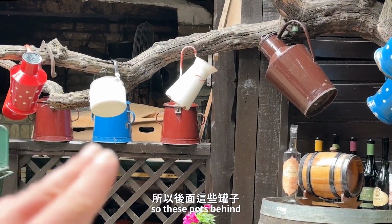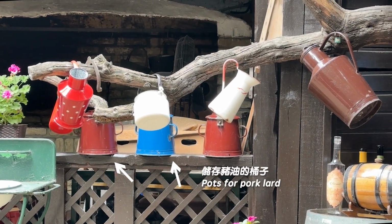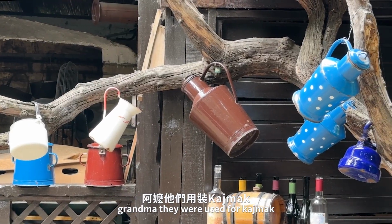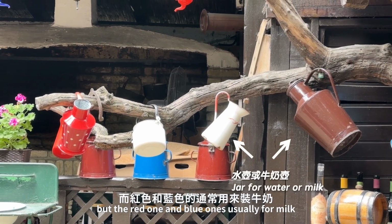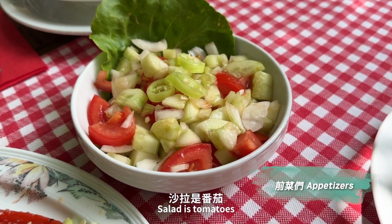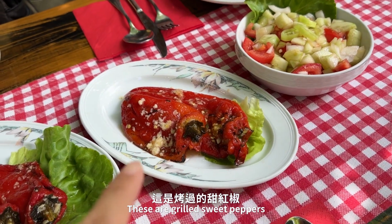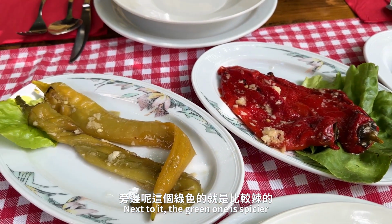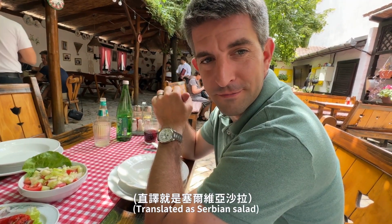So these pots behind, they were usually used to store pork fat. I remember all time grandmother, they were used for ham and sometimes for cheese. The white one was used for water, but the red one and blue one they were used usually for